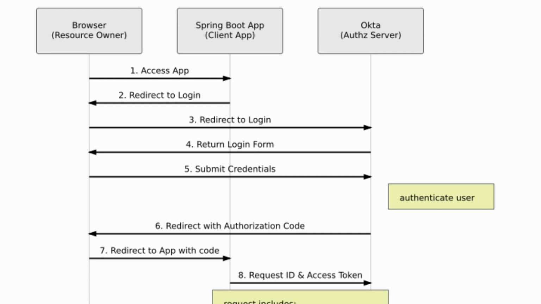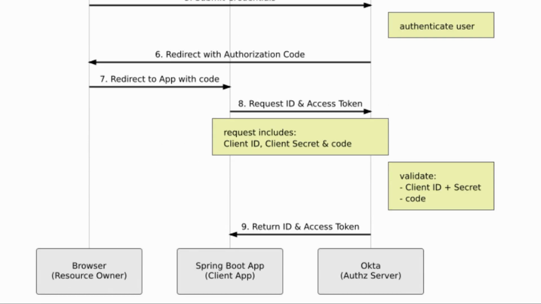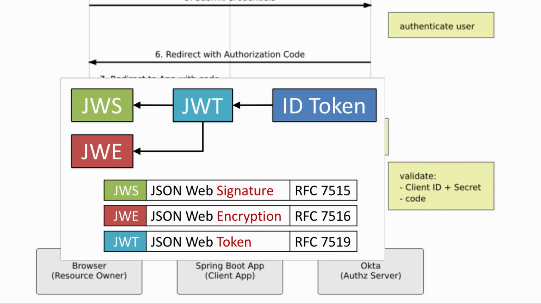and once you submit your credentials in the Okta sign-in page, the browser will be redirected to the redirect URI with the authorization code. Now our Spring Boot application can exchange this auth code for access token and ID token. Our application hits the /token endpoint of Okta with information like client ID, client secret, and auth code, and the response will contain the access token and ID token. The ID token is issued by the OpenID provider and contains information about the end user in the form of claims encoded in a secure JSON Web Token or JWT.